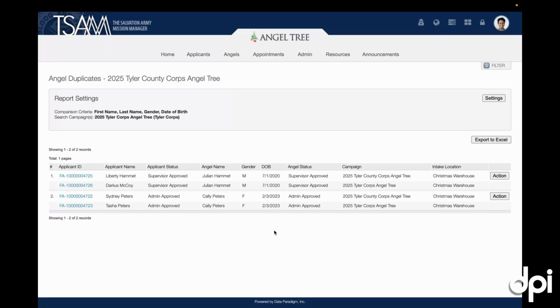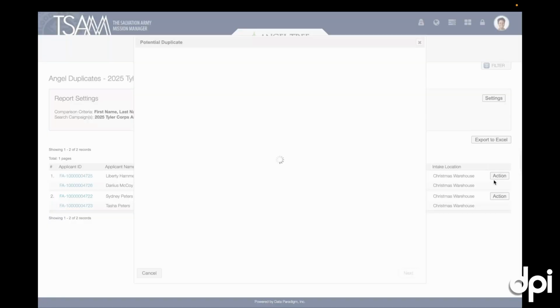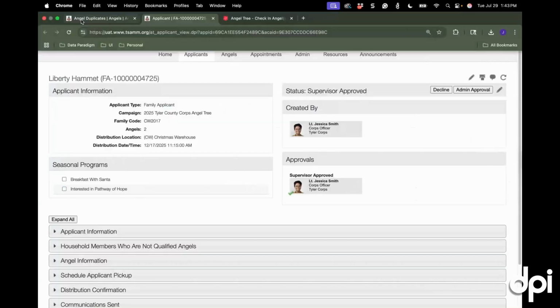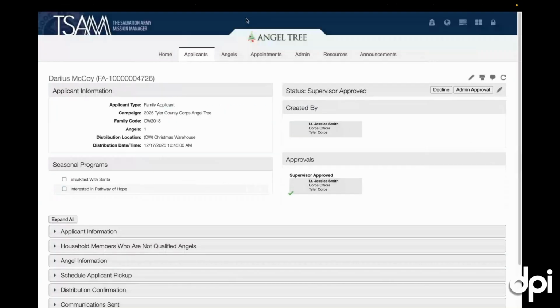When you're ready, you can click action. So let's take a look at Julian Hammett. And it's going to give me little bits of information. I can see here who the Julian Hammetts are, right? I can see their age. I can see the names. If I click these at the top, it opens in a new tab that specific applicant record, right? So I can even open up those 2 applicant records and then go side by side